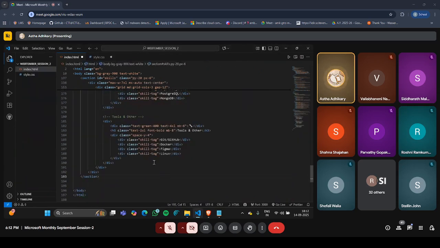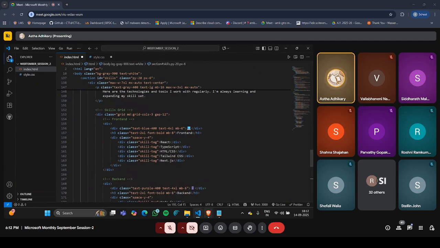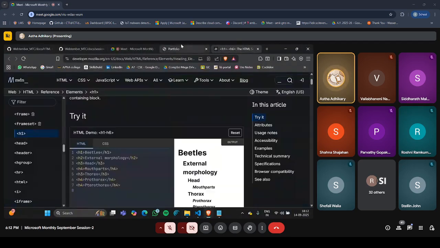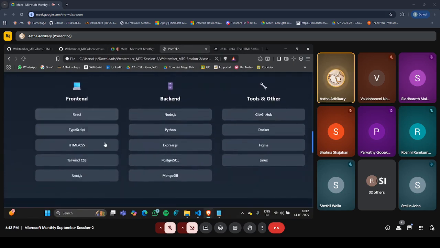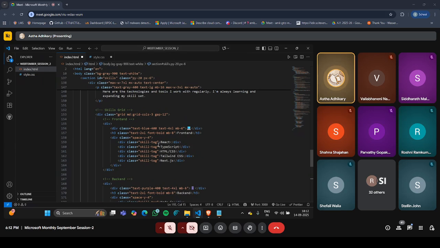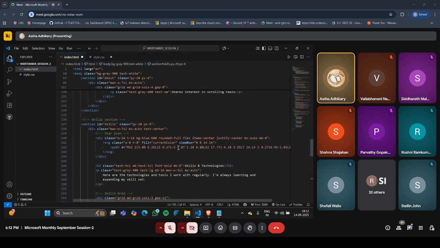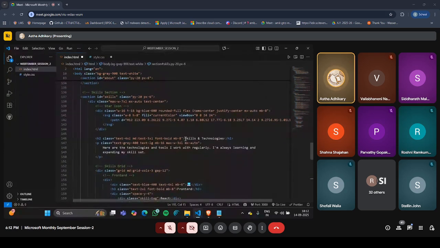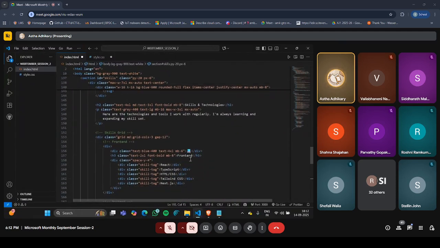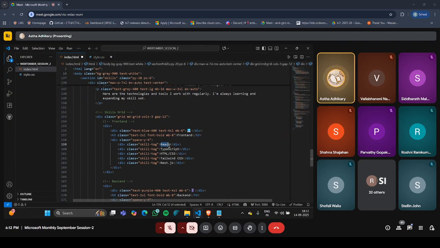Okay, guys, in skills section, whatever I have added, these are not exactly Donald Trump's, these are mine. So I'm not going to change it, but you guys can definitely change it. How are you going to change it? After copy pasting the code, under skills and technologies, you can write anything. Honestly, you can write I'm a good writer, I'm a good poet, anything. Instead of React, which comes under JavaScript,